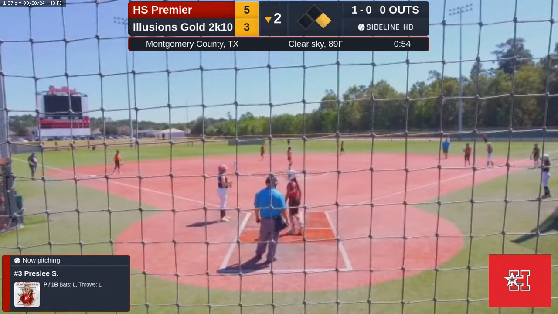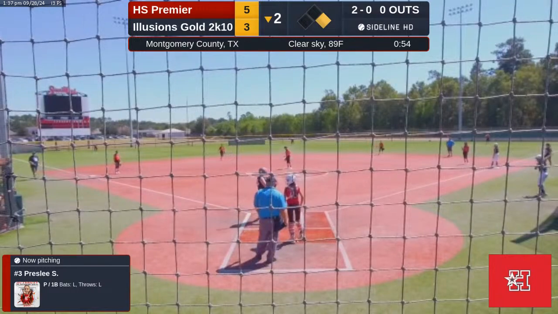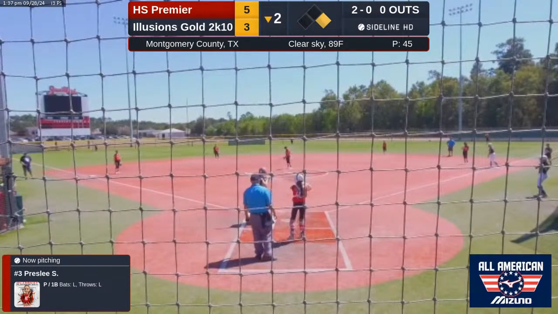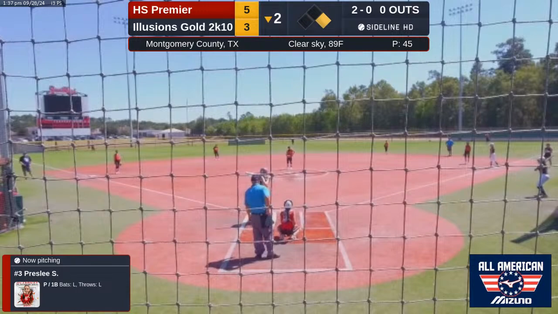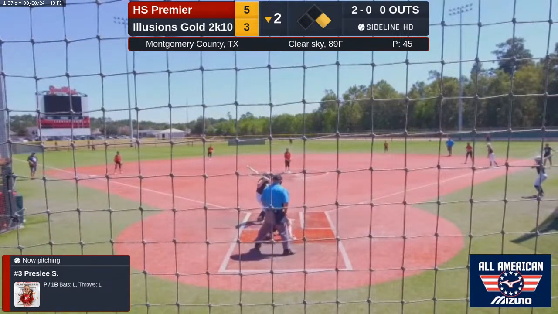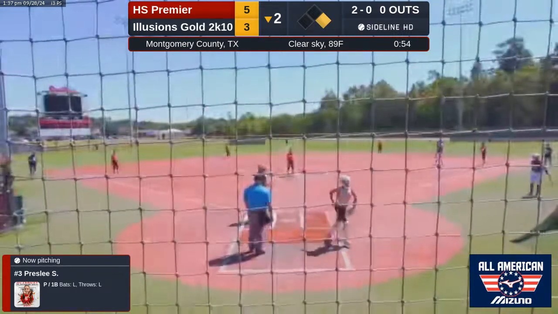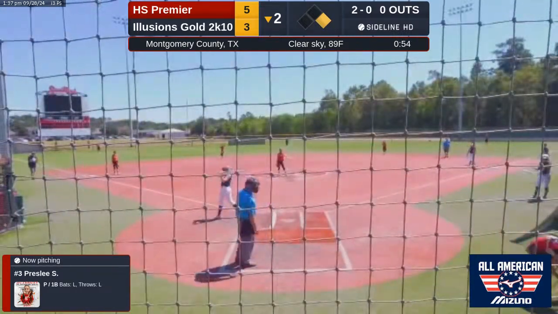Skips off the plate. Camille does a good job keeping in front of her, holding the runner at first base. We got 2 balls, no strikes. Just fouled back. 2 balls, 1 strike.